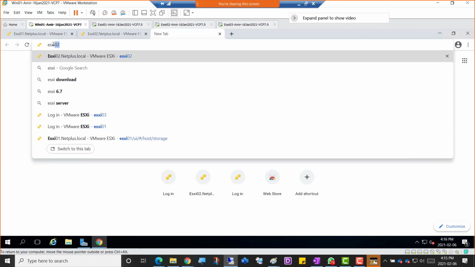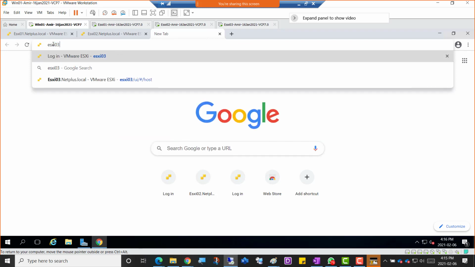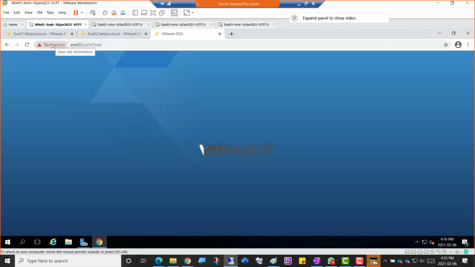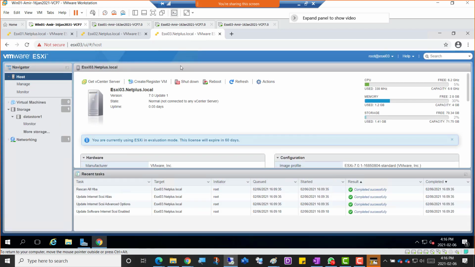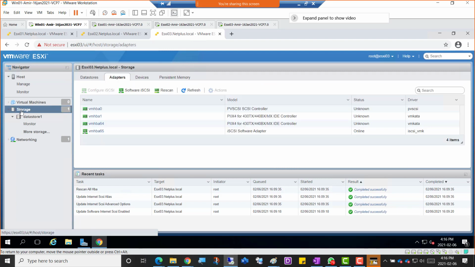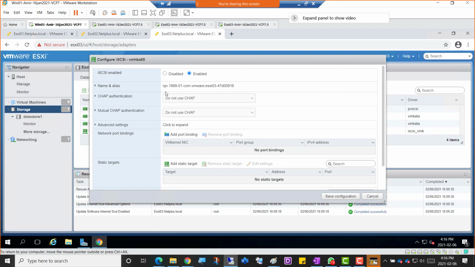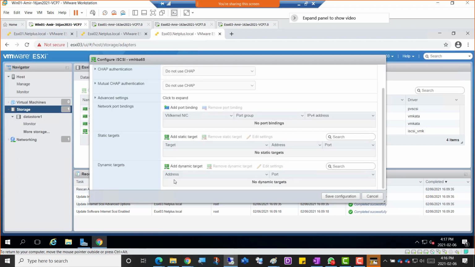ESXi 03. So here I'll click storage, and also I'm going to click software iSCSI here as well. Go ahead and click the software iSCSI, and just go for enable it. Once it is fully enabled, just go down and do the same thing and add dynamic target. I'll just click the add dynamic target here